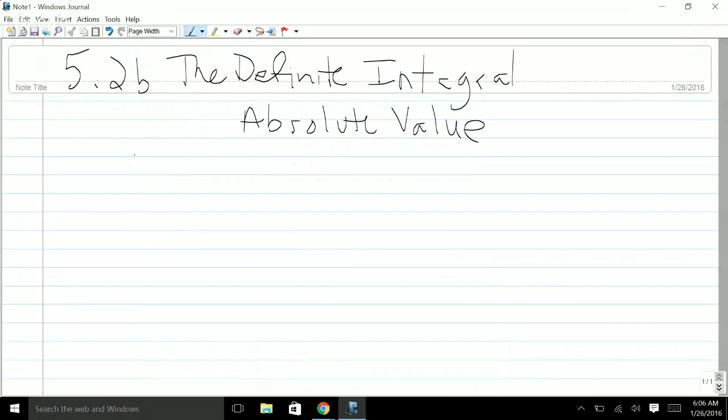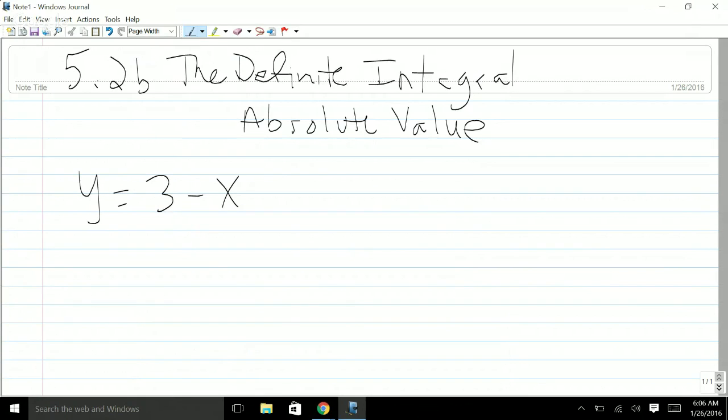We started Friday talking about the definite integral, and I think you picked it up pretty quickly. Today I'm going to show you how to deal with absolute value. It's actually fairly straightforward. And yeah, I said that again, didn't I? But hopefully you can pick it up. If you'll remember last time, we talked about